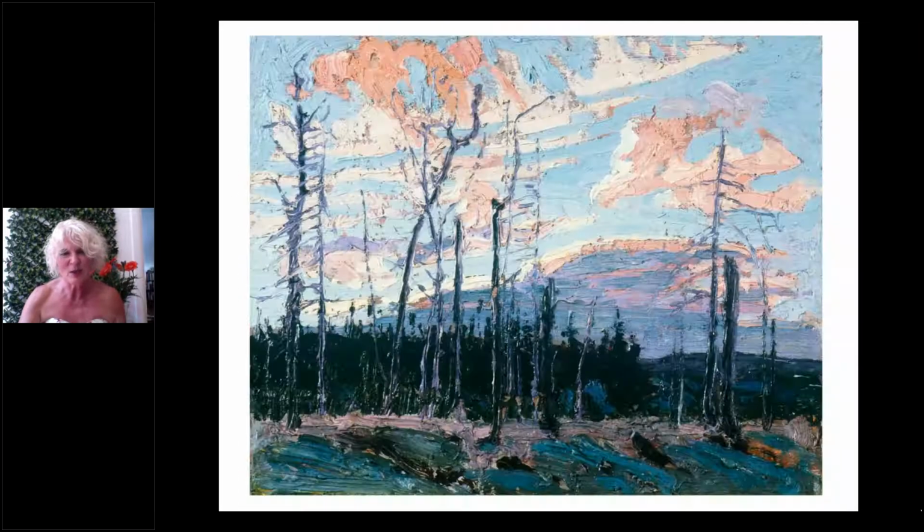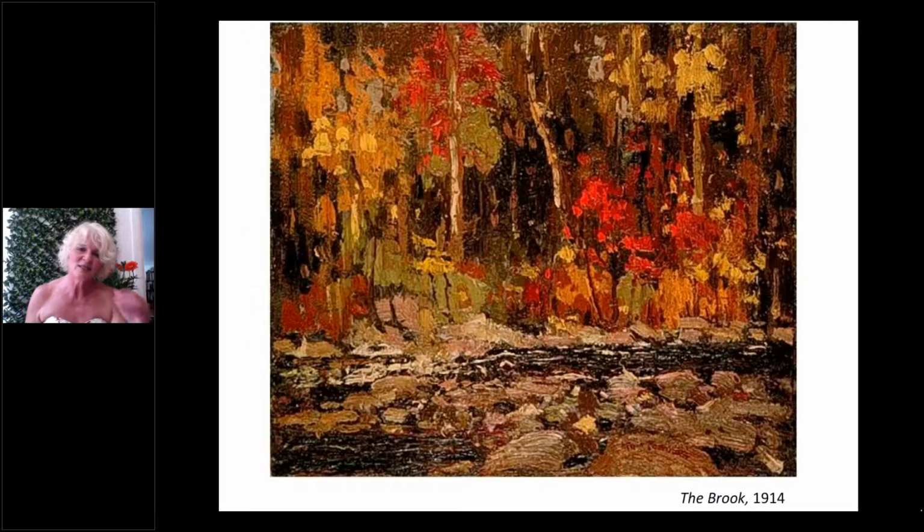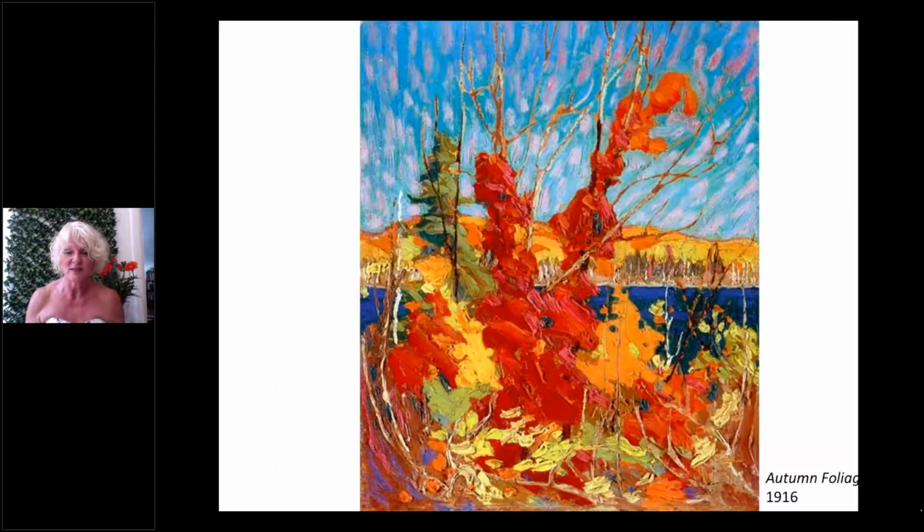He would paint it in the summertime. He would paint this in the fall. And many people believe that his fall paintings are by far the strongest. Again, the celebration of color. And again, all credit to Lismer. This is one of my favorite images of him from the fall. And it is called Autumn Foliage from 1916. One of the things that I love about this is that you really do see that resonance with the palette that he really learned from and got confidence from using via Lismer.